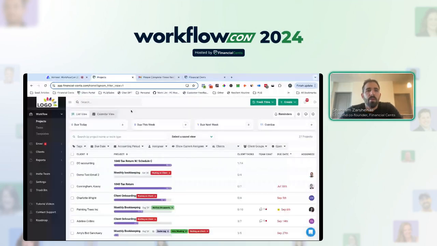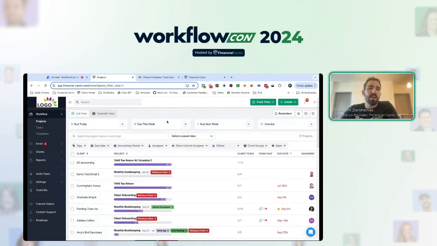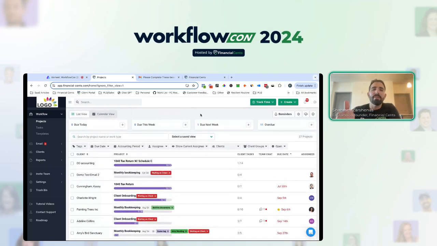Okay. So let's talk about Financial Sense. As I mentioned, Financial Sense is a single source of truth for your firm. And the core of everything Financial Sense does focuses around workflow. Because workflow, I mean, that's why we're here for Workflow Con, right? It's the biggest challenge firms have. And everything originates around the work. Accountants are service-based businesses, so everything originates around the deliverables and the work. You're deadline driven. So the first thing you see in Financial Sense is your workflow dashboard. This is where you get that visibility, right?